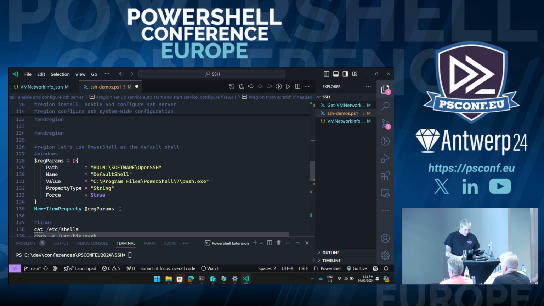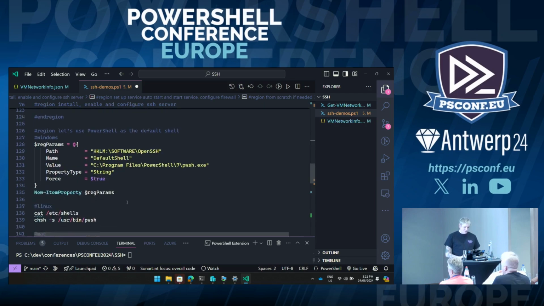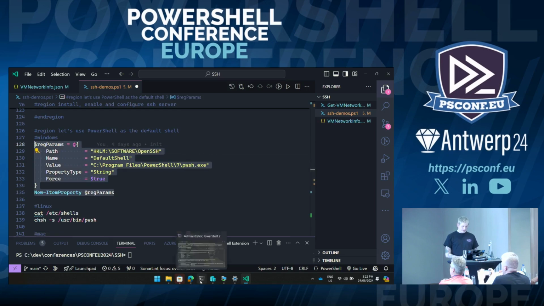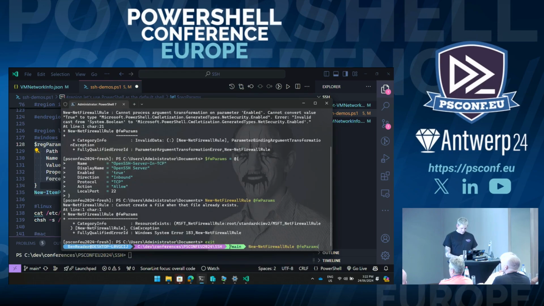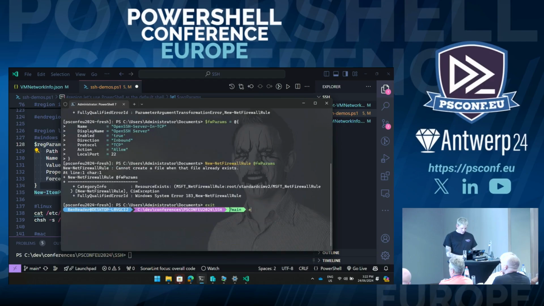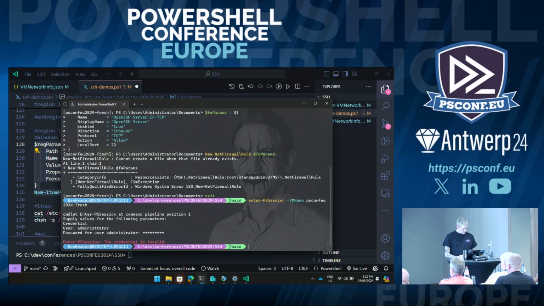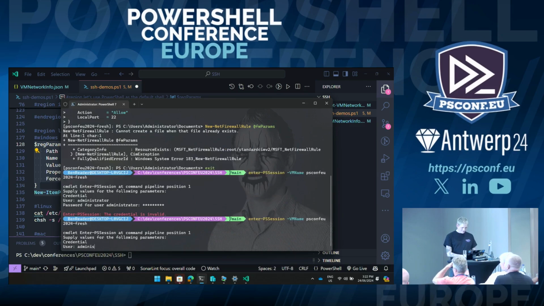Okay, so what we're going to do is set this policy. It's still a registry policy. We're going to go into HKLM software OpenSSH, and we're just going to set a default shell to PowerShell 7, because again, this is what we want. Let's just see what happens. I have total faith in everything that's happening right now. Let's go into the PS session. Lots of logging in today. Hey, no, I don't remember the password. You don't have objects.